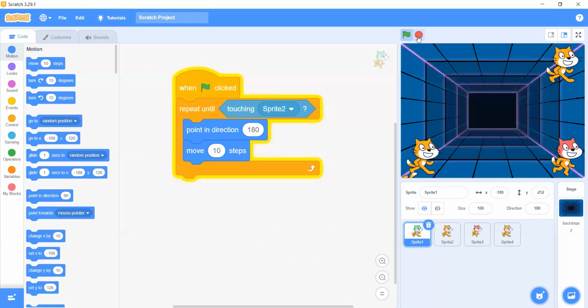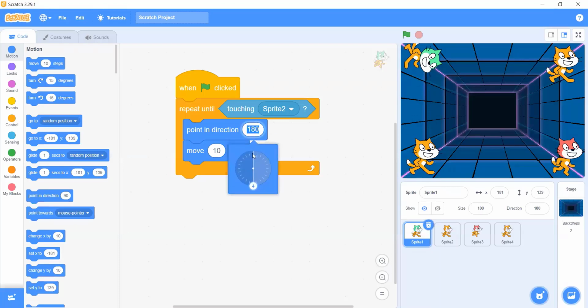And that is not what we want. I want it to go to the right. So that is why I will change this one to 90. Okay, and play. Do you see it now? So let me do that again. That is the direction. If you want it to move up, then you change it to 0. If you want it to go to the left, then you change it to minus 90. Repeat until touching sprite 2, point in direction 90, move 10 steps. But mind you, you have to change